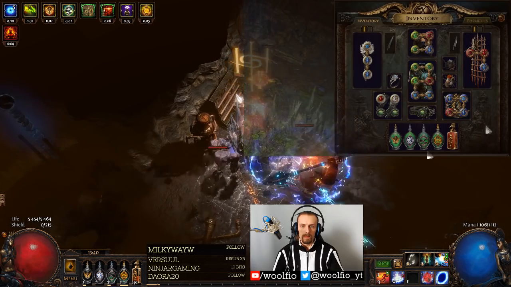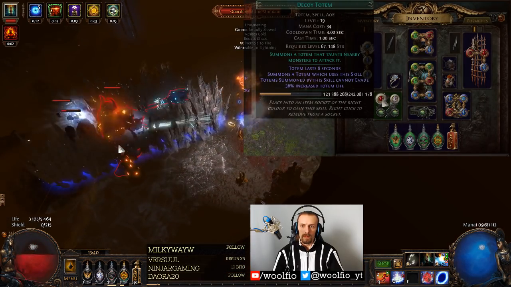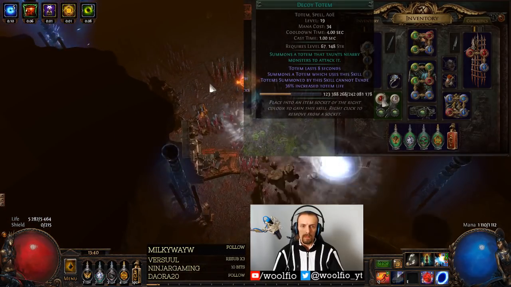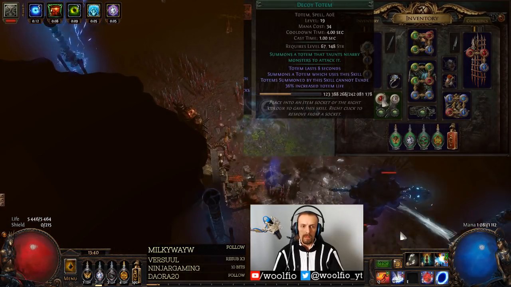And then I have Decoy Totem, which seems like a cheat, but I can't really find good use of it anymore. It did help quite a lot against bosses like Zaro, but other than that it's not really that required